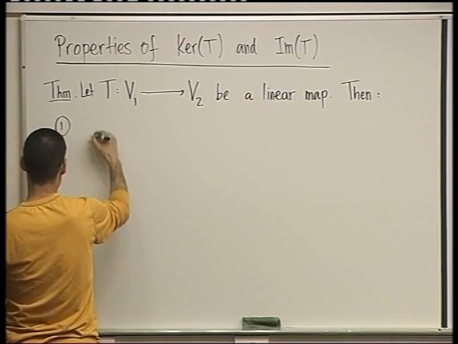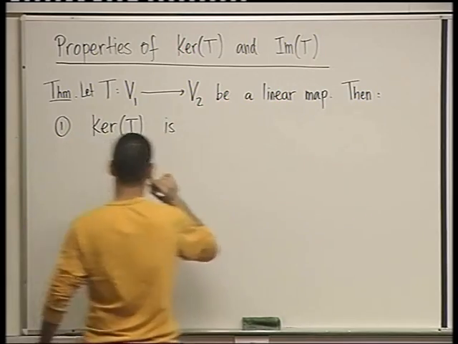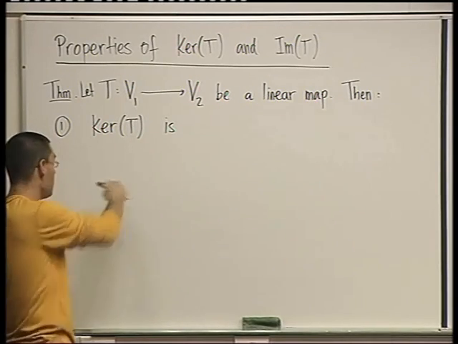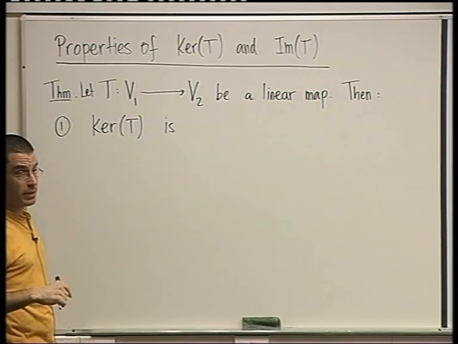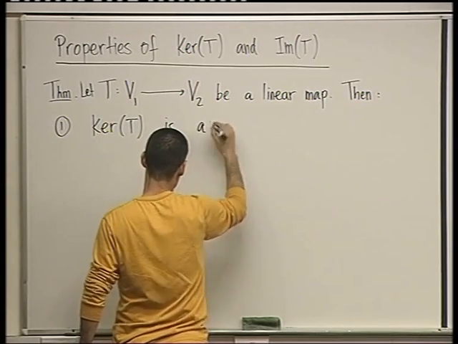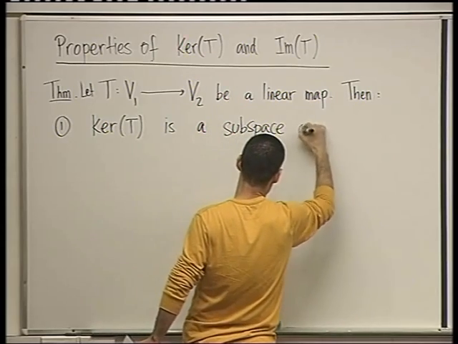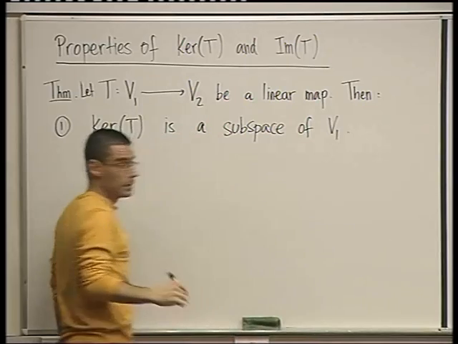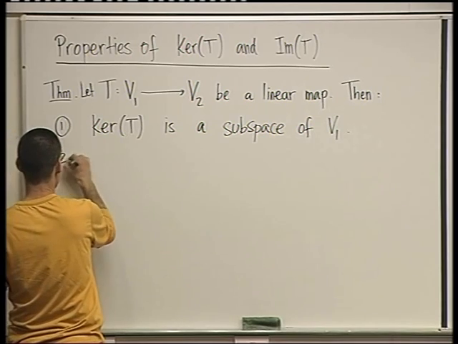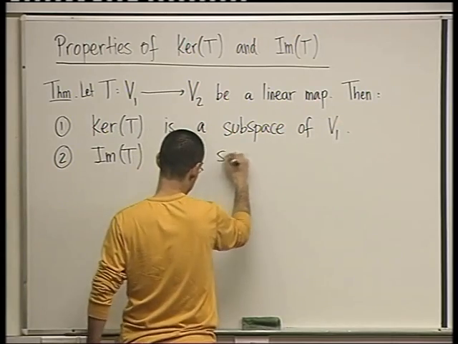1, the kernel of T is, we know that it's part of V1, it's a subset of V1, right? It's elements in V1 that satisfy something, namely that T sends them to 0 in V2. But the claim is that it's not just any subset, it's a subspace, a subvector space of V1. We said it, we mentioned it, but we never proved it. Let's do it. 2, the image is a subspace